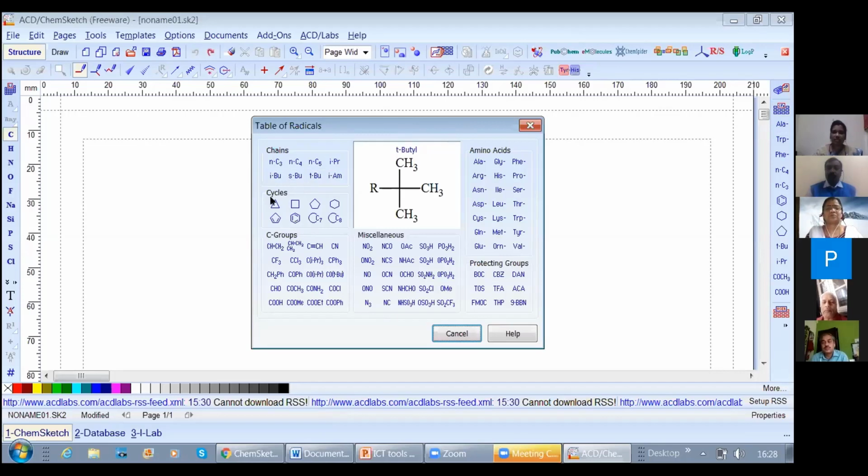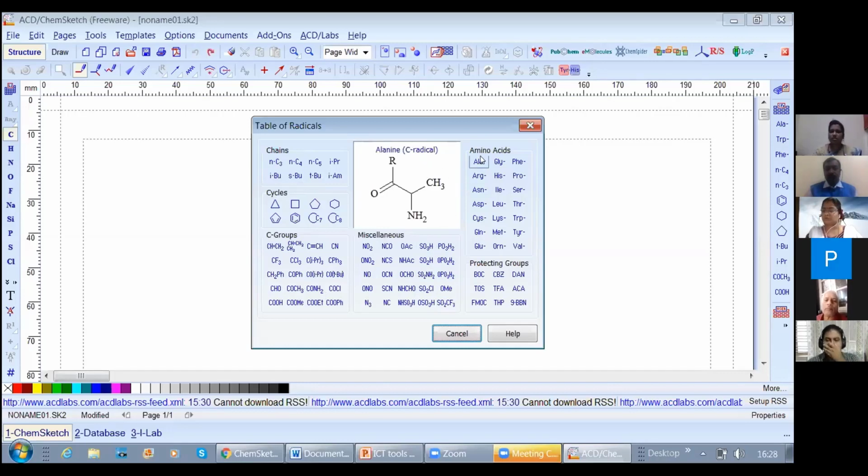You can use it. There are cycles. Cycles is there. You can directly make use of it. Okay, benzene or whatever, propene, cyclopropanes, and then cyclobutanes. All these things, it is inbuilt. And then there are carbon groups. So different carbon groups are there, vinyl groups, allyl groups, all these. So you can use it directly. Miscellaneous groups are there. So nitro groups, nitroxy group, and then nitroso group. So all these miscellaneous groups are there. So that also you can directly use.